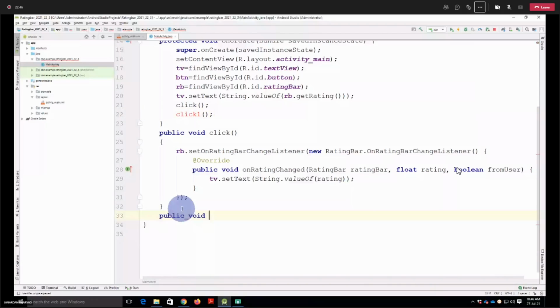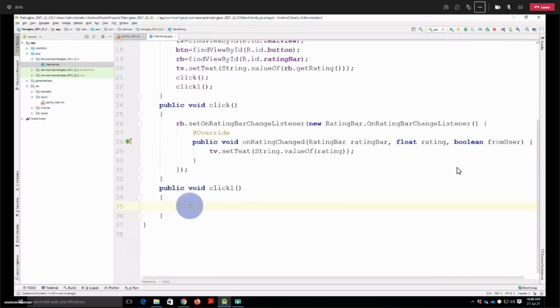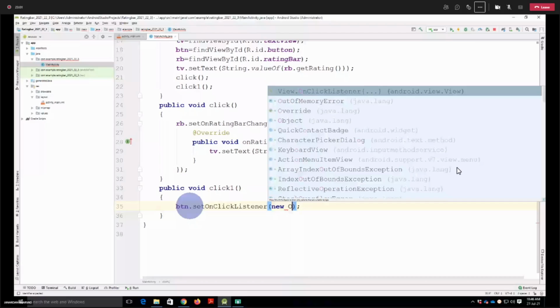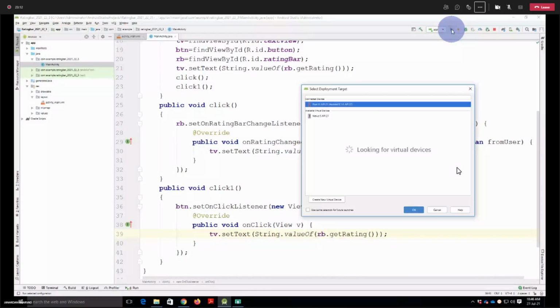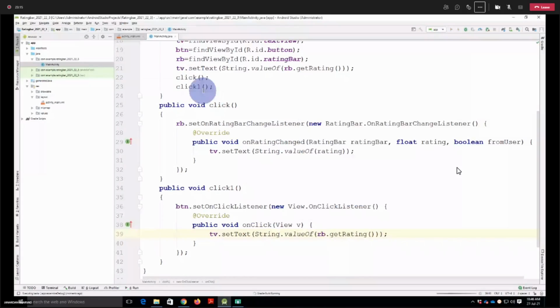And just like that, btn dot, we just need to write setOnClickListener, and again in that we have to write new OnClickListener, and this line you can copy and paste, that we are using here, the getRating method. And we have already called it. First I call the method and then I create it, so that later on I don't forget. Otherwise you have written the code and it is not called, so you may think there is some error in the code, but actually you have not called that method.